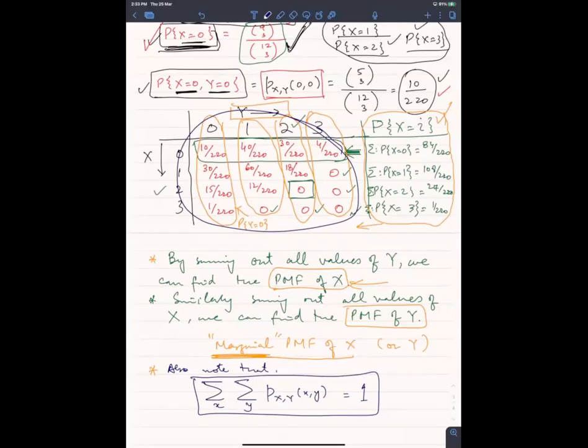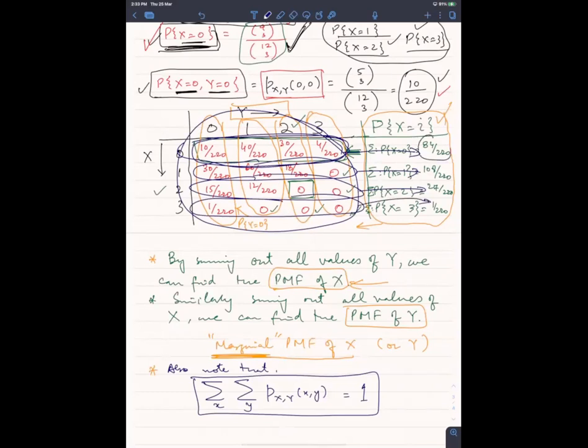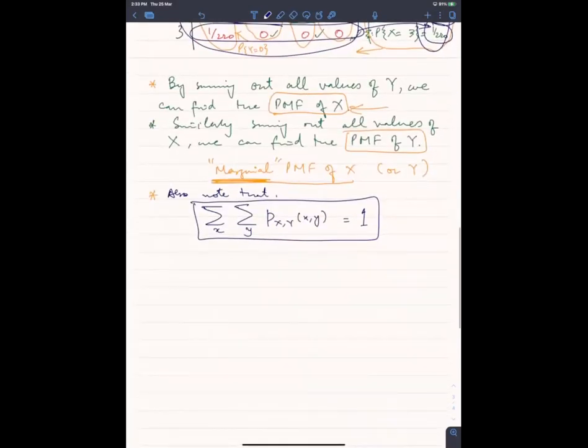वो भाई ऐसे भी देख सकते हैं कि हमने x का PMF कैसे निकाला था, ये y वाली सारी वैल्यूज को ऐड किया तो आपके पास ये x की वैल्यू आ गई, ठीक है। फिर इस वाली रो को ऐड किया तो ये वैल्यू आ गई, फिर इस रो को ऐड किया, और लास्ट रो को ऐड किया तो ये वाली वैल्यू आ गई। So this is the sum of first row, second row, third row, fourth row, फिर उन सब को ऐड कर दें तो obviously this is the PMF of x। इसका सम 1 होना चाहिए, which means कि इन सब को अगर आप ऐड अप कर दें तो ये सम आपके पास 1 होना चाहिए। So the summation of the joint probability mass function will give you 1, okay।